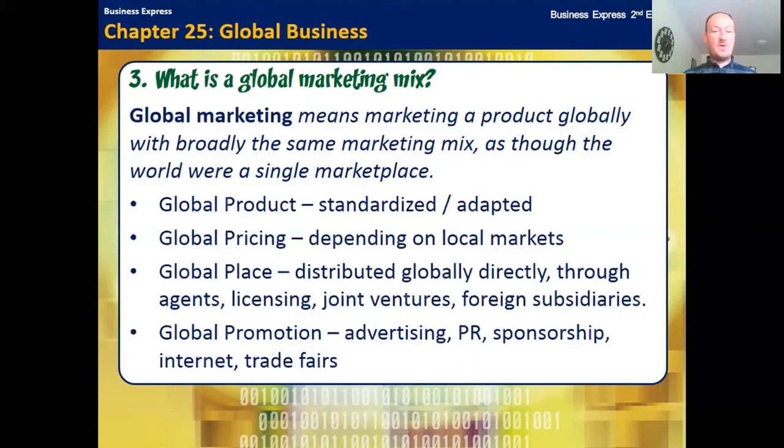And global promotion. So obviously this can be a tricky one. For McDonald's, it's not too tricky. Everyone knows that brand and the Coca-Cola colors. The McDonald's colors, they are worldwide. So you can standardize a fair amount of their advertising and promotions. Obviously, you have to change the language when you're advertising to different countries with different languages,